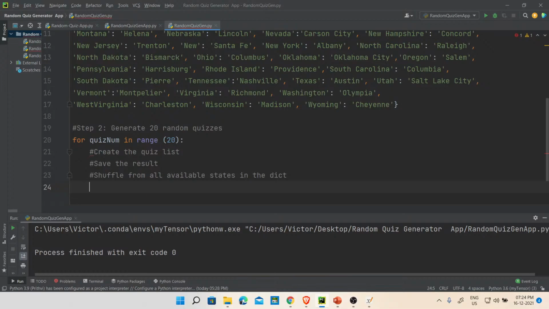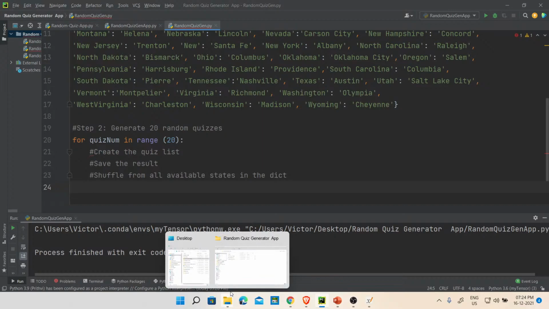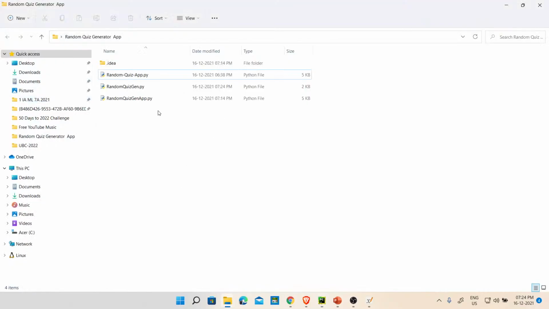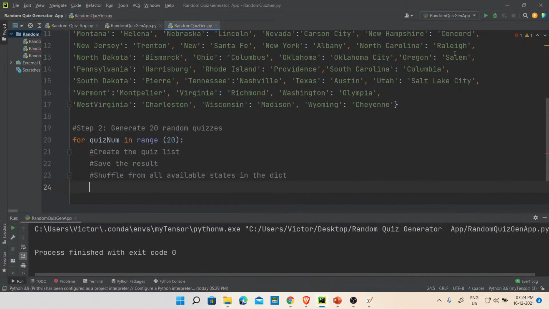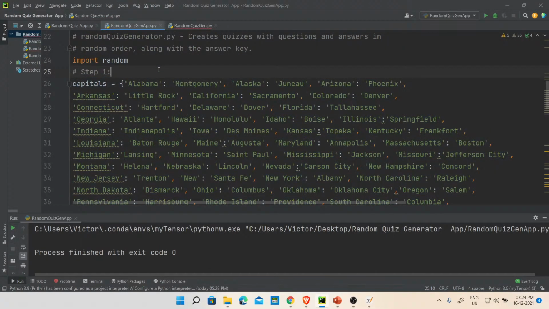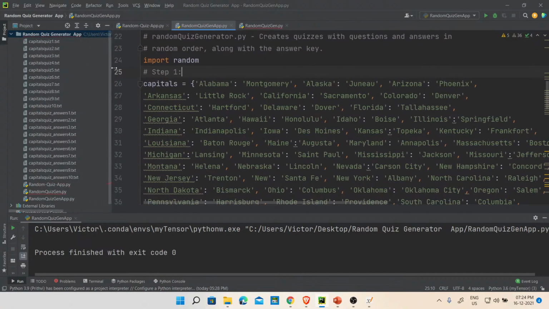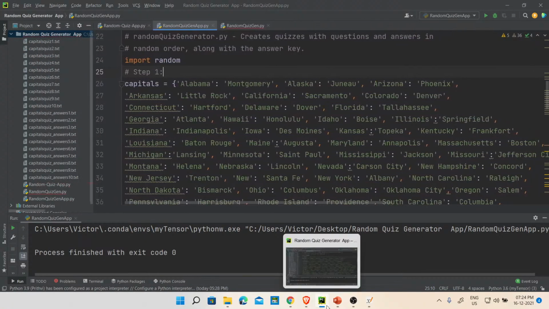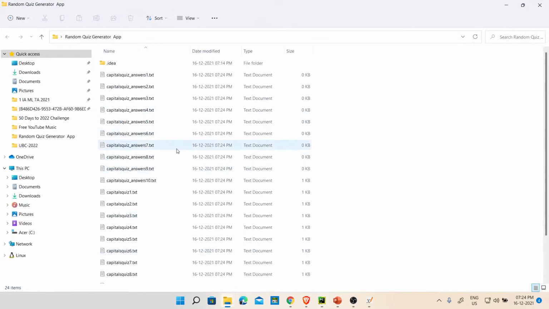We need to create this file, right? For the first thing, we needed it to have a format. If you noticed here, let's look at the output. I think I deleted it, but let me just run this and show you something here. I'll run this, Control Shift F10. Now, if you notice, by the side you see all these text files, right? You observe a pattern here. Let's go back now, and you see all these things appeared.